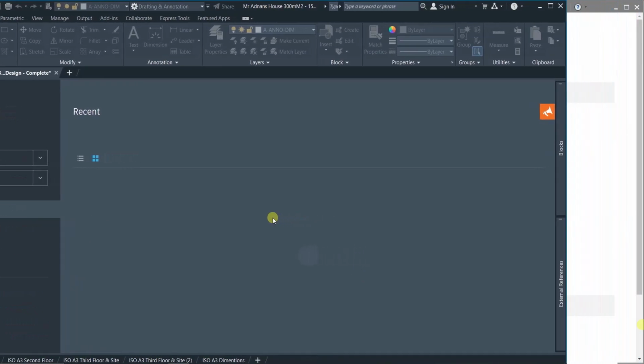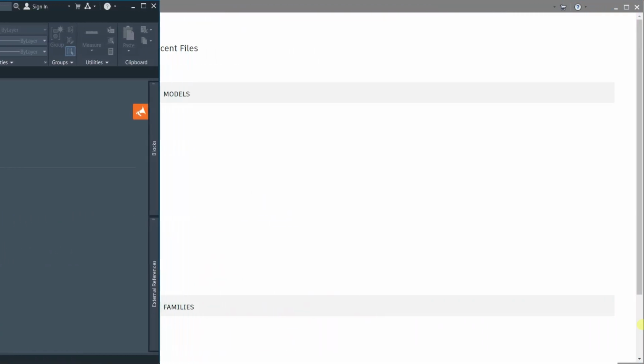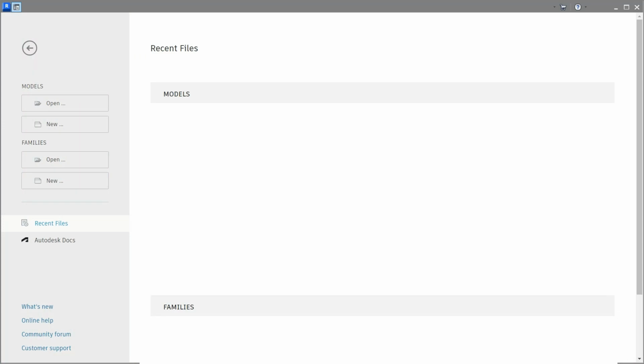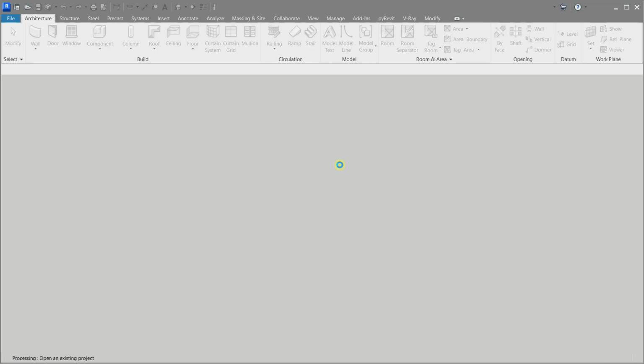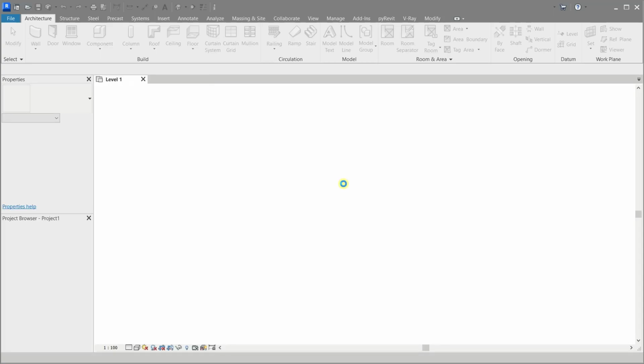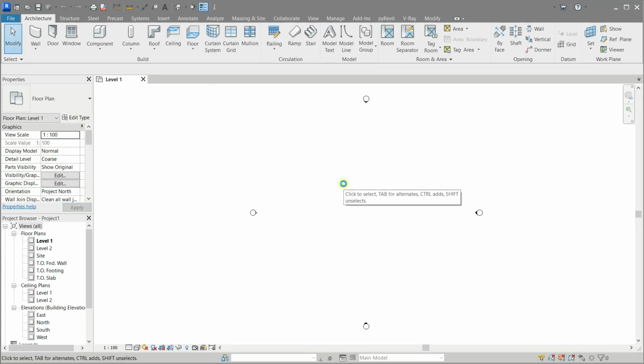Now close the file and let's move to Revit. Start a new project and choose Metric Construction Template. Use the one supported in the previous video. That will save you some headache of dealing with architectural and structural template differences. This template is the best of two worlds and shows both elements properly.